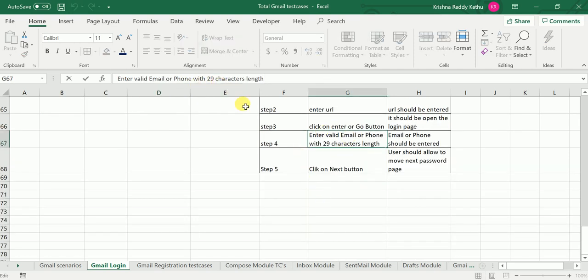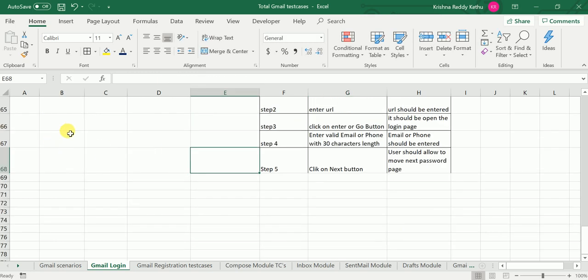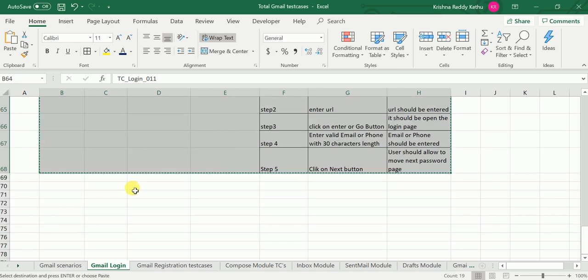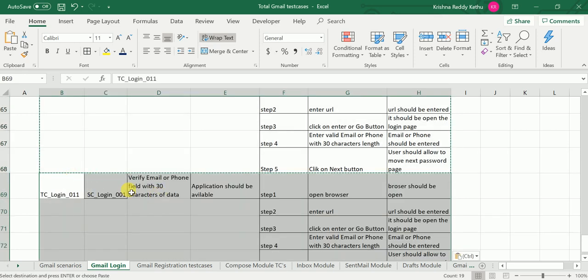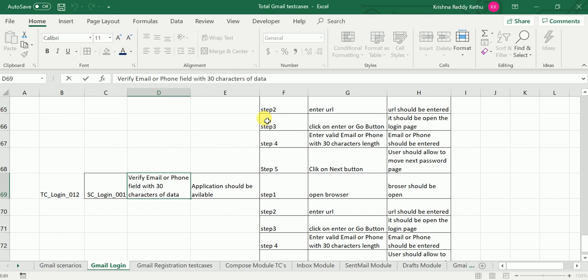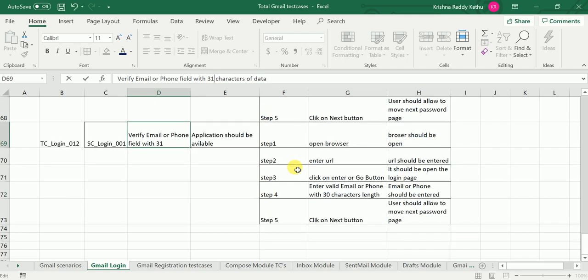It should allow. Similarly, I am going to write the 12th test case, the last test case. It is 31. 31 is negative because it should allow till 30 only.